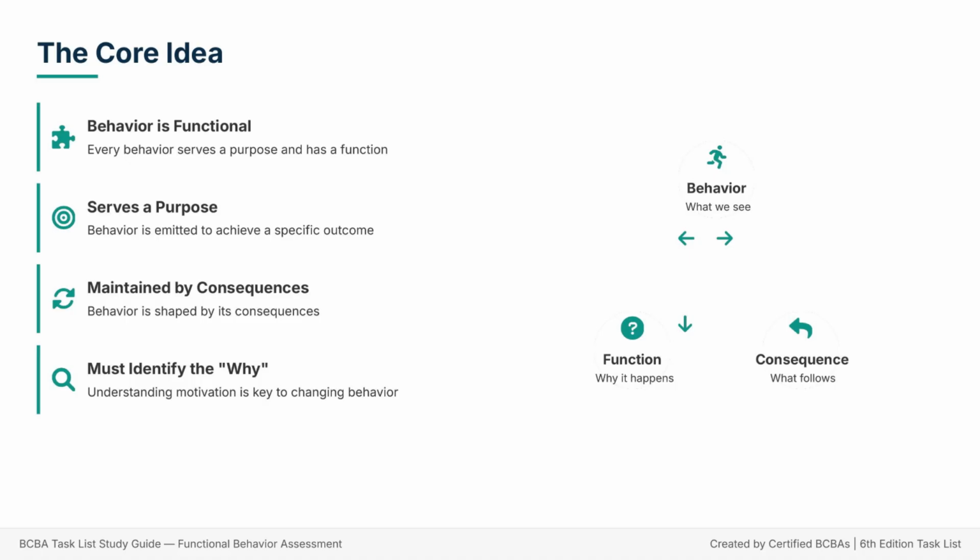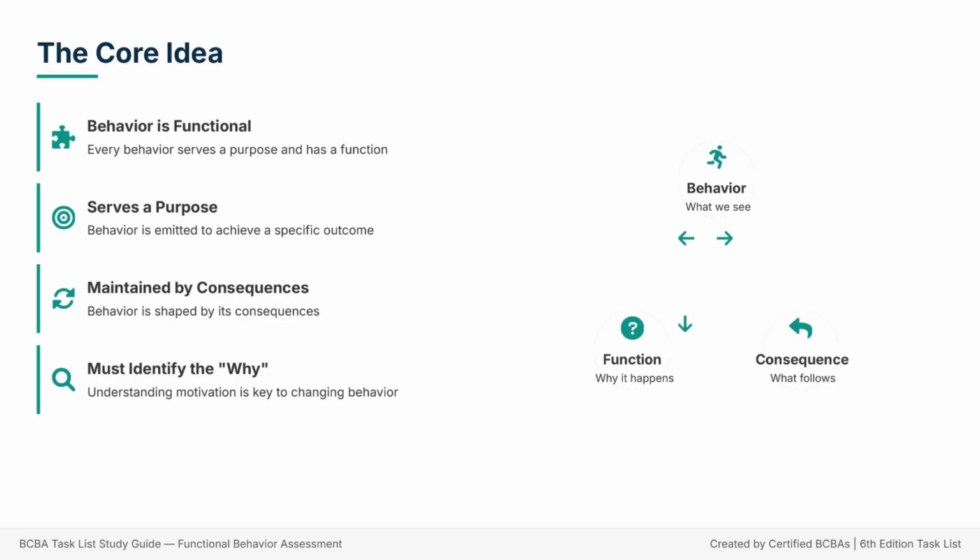This is the most important concept in all of FBA. Behavior is functional. That means behavior occurs because it produces a consequence that is reinforcing. So every behavior serves a purpose. In ABA, we break this into 3 parts. Behavior, what the individual does. Consequence, what happens after. Function, why the behavior continues. Your job as a behavior analyst is to move beyond what you see and identify the functional relationship between behavior